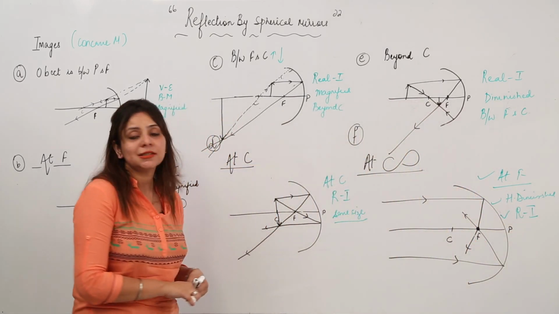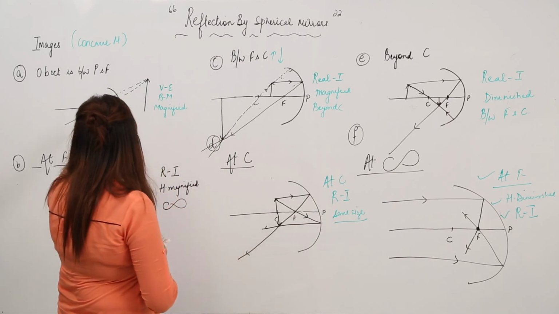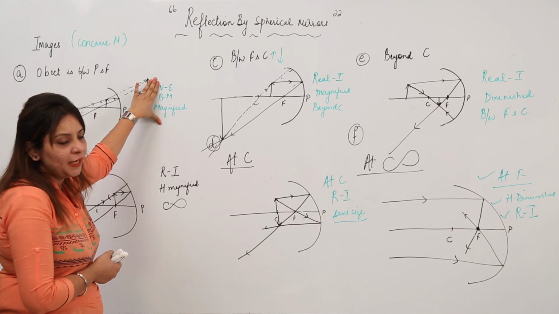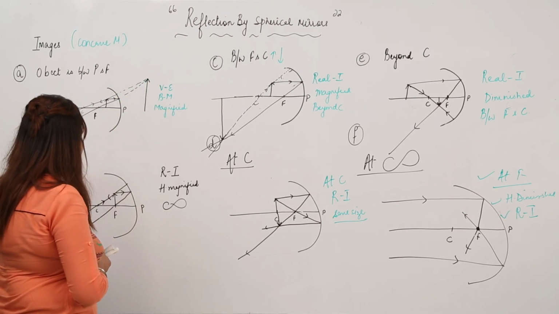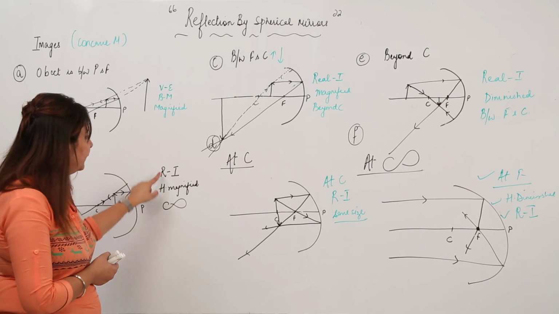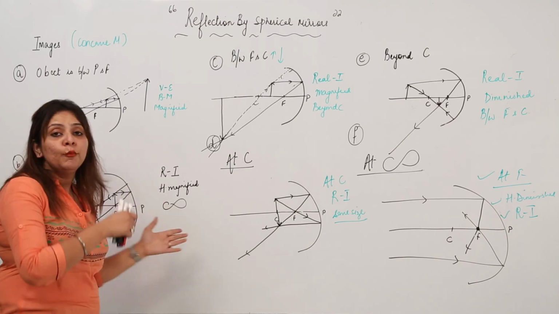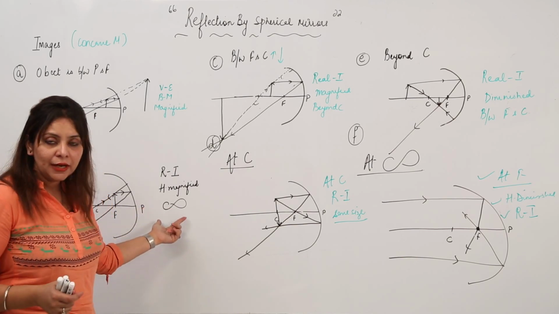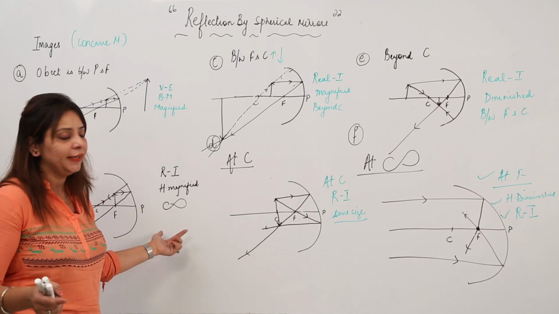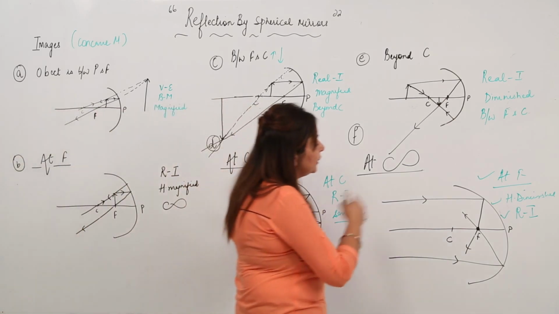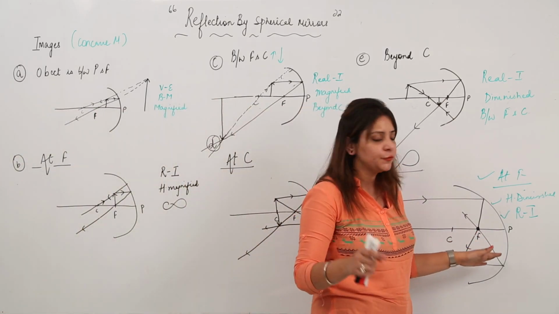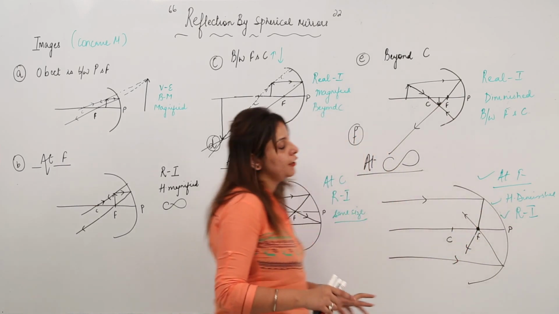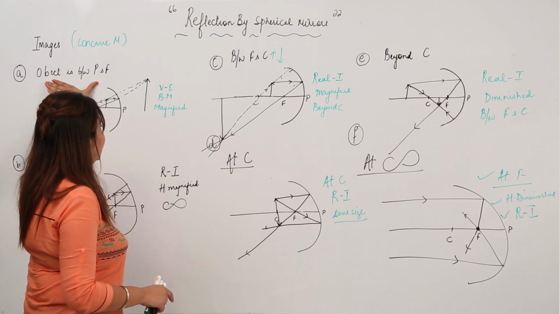So these are the 6 cases which we can consider. The first one is object between P and F, where the image formed is virtual, erect, behind the mirror and magnified. The second is object at F, where the image is formed at infinity, real, inverted and highly magnified. See, the farther the image is formed, the bigger it is. Because here it is forming at infinity, we say it is highly magnified, and the nearer point, if we look for the image which is formed, it is at F, therefore we said it is highly diminished.